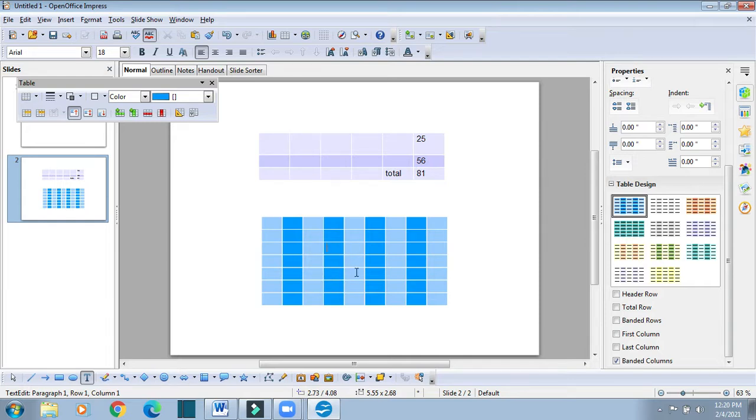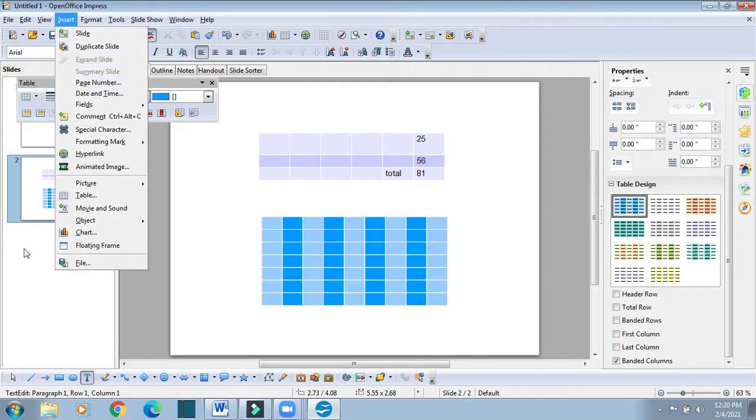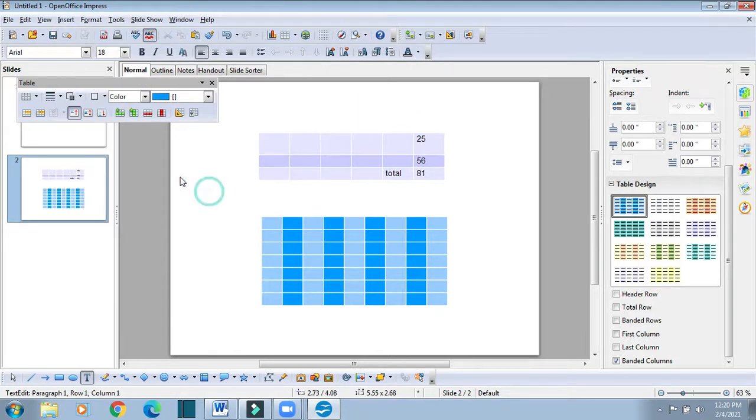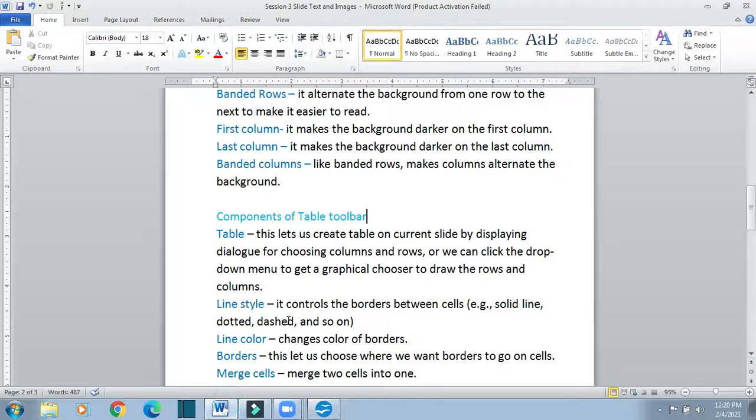Now in this slide, if you want to insert one more table, instead of going for insert and then table, you can insert a table from here also. This is the table option. This lets us create a table on the current slide by displaying a dialog for choosing columns and rows.